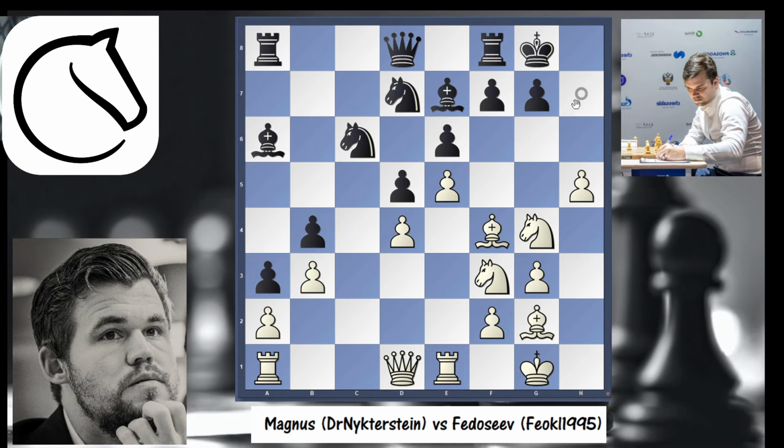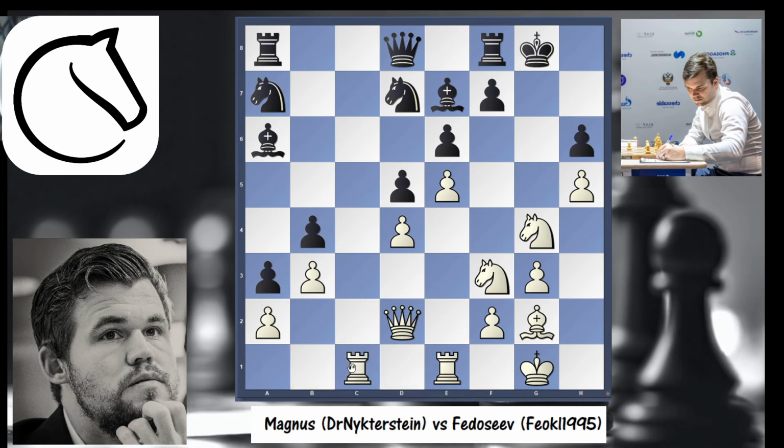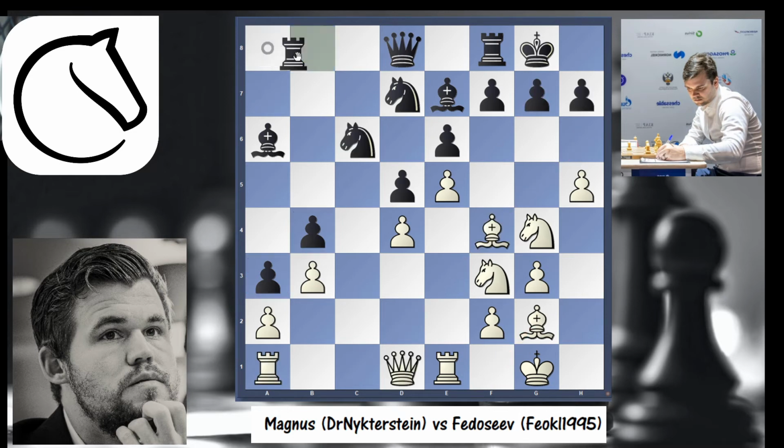The computer recommends h6 here, but then queen d2, and guess what? You're going to sack a piece and gain the attack. Let me show you how. So take, and here you have time. You can play rook ac1, followed eventually by bishop f1, and you can take here and you have a very strong attack. Because of that, Fedoseev decided not to touch the h pawn, and now h6 played, g6, and we